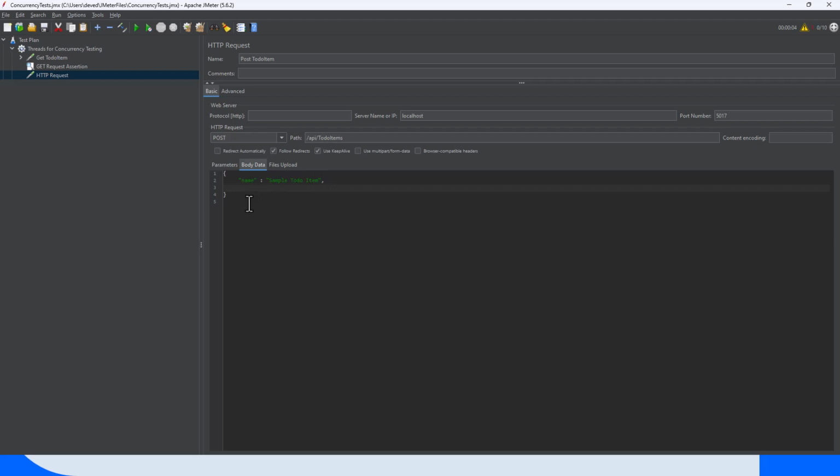And then is complete. Let it be false this time. So that is our body data, name and is complete. These two are the properties of this module. Here I can give it a suitable name, so that name will be assumed when you save this post to do item. Now create a listener,